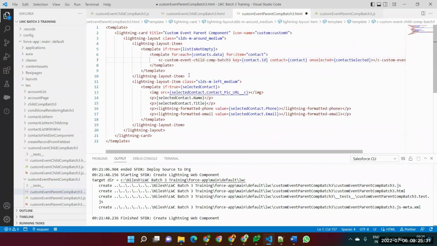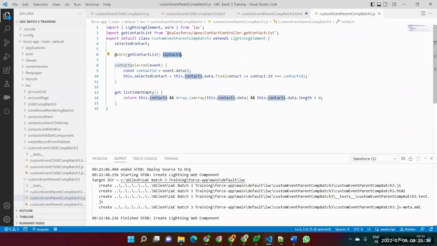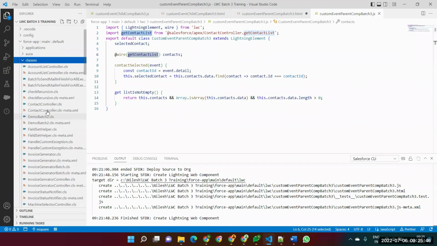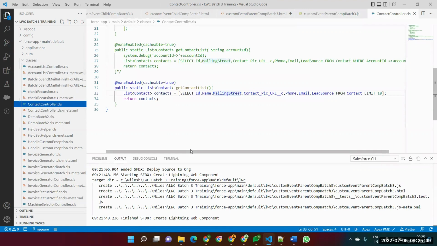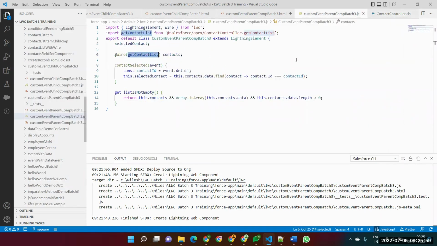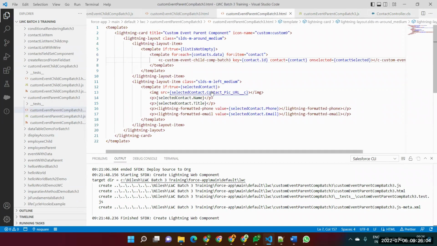So if you can see, what we're doing here is we are fetching some contacts from Apex by using a wire method. Okay, getContactList. This is the method that we are calling here. So let me check in the class if we have this getContactList. Yes, we have it, and we are returning these contacts, a list of contacts from this method. And what we are doing here in the custom event parent is storing those contacts, and on the HTML side,